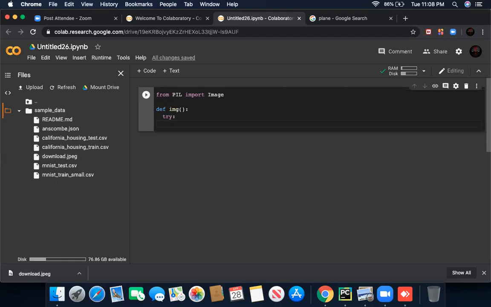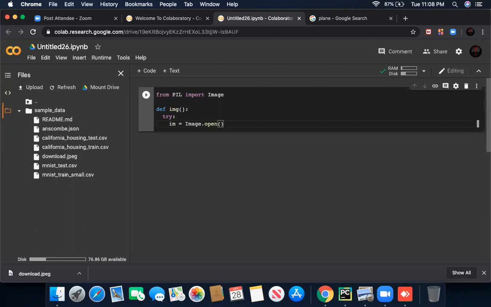So I'm going to use im equals to Image.open.